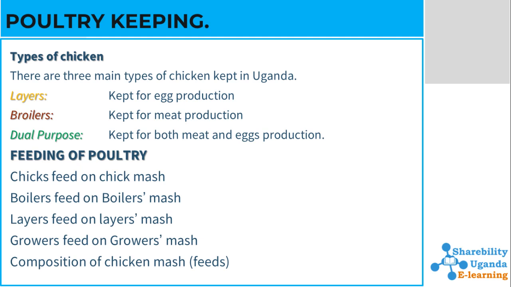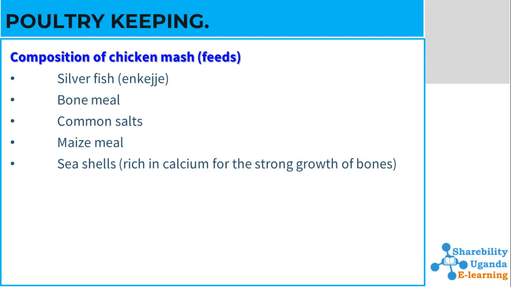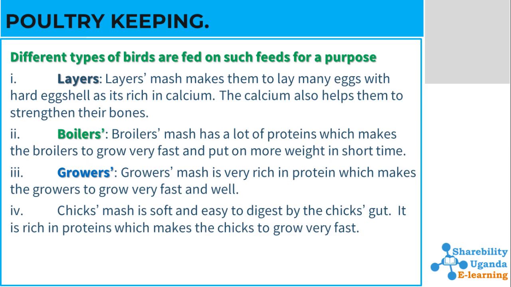Composition of chicken mash feeds. Chicken mash or chicken feeds is composed of silverfish, which we locally call lenteje or mukene, and bone meal, crushed bone, common salts, maize meal or maize bran, and seashells, which are rich in calcium for the strong growth of bones of our poultry. Different types of birds are fed on such feeds for a purpose, and the purposes include